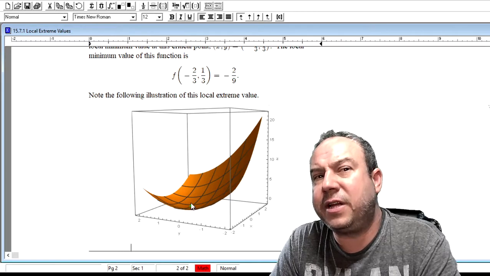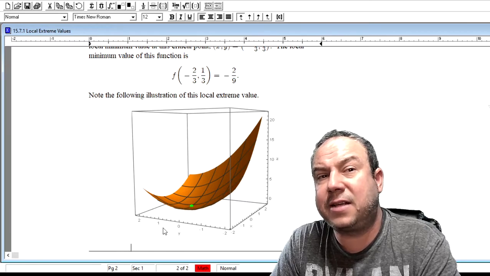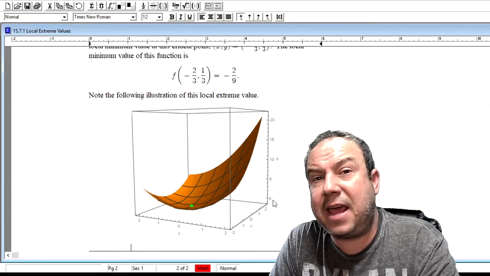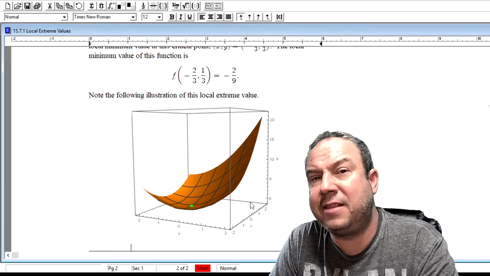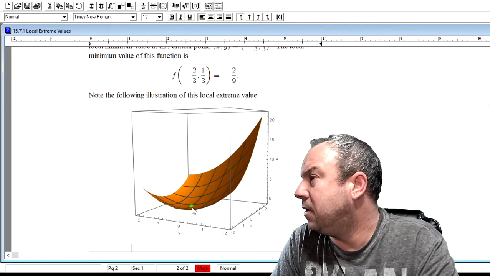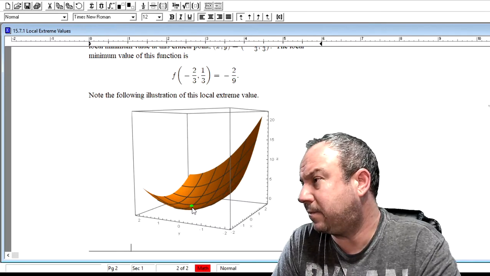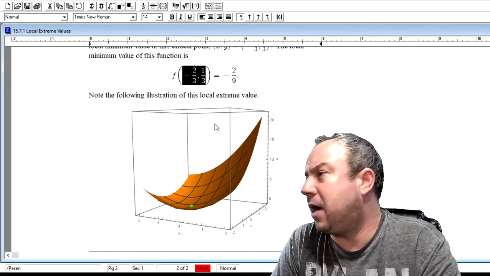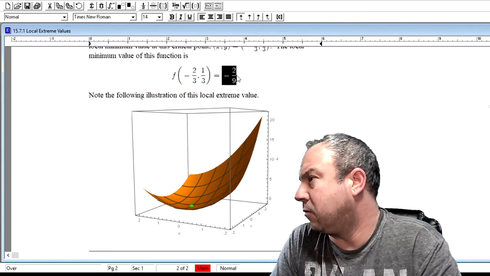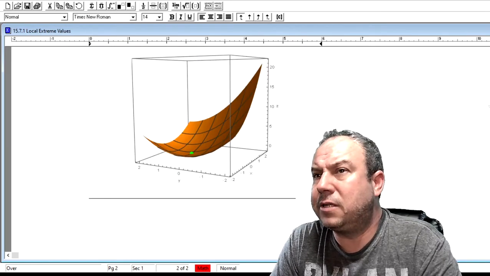This is our surface, and here is our critical point happening at negative 2/3 with respect to x, positive 1/3 with respect to y, and it's occurring at a height of negative 2/9 on the z-axis. And it's highlighting that point on our surface, folks. That would be the local minimum value found on this surface. Right? That is the point illustrated by negative 2/3, 1/3 in the domain, and negative 2/9 in the range. All right. Folks, that is local extreme values on